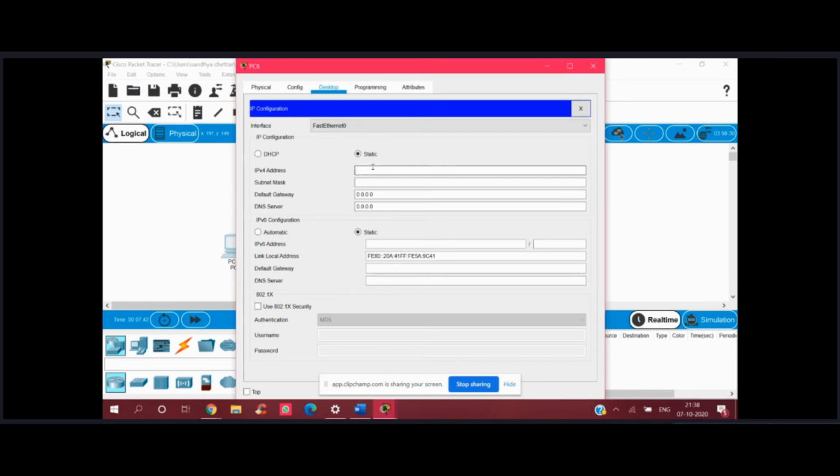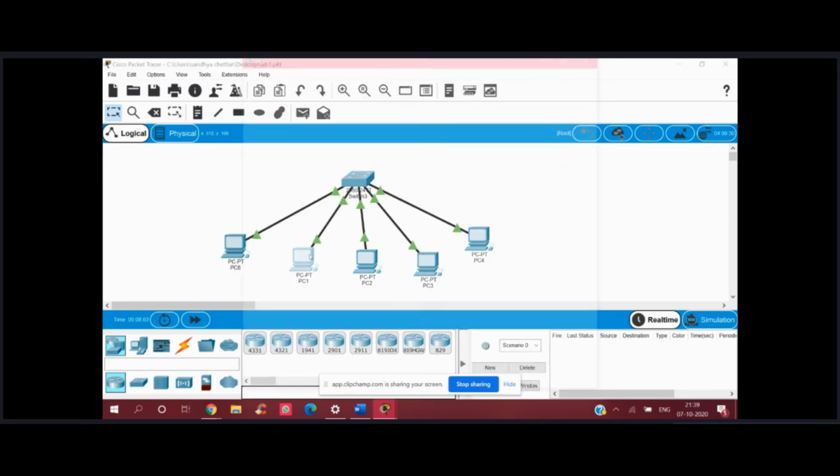I'm going to take 10.1.1.1. And you can see the subnet mask has automatically come.